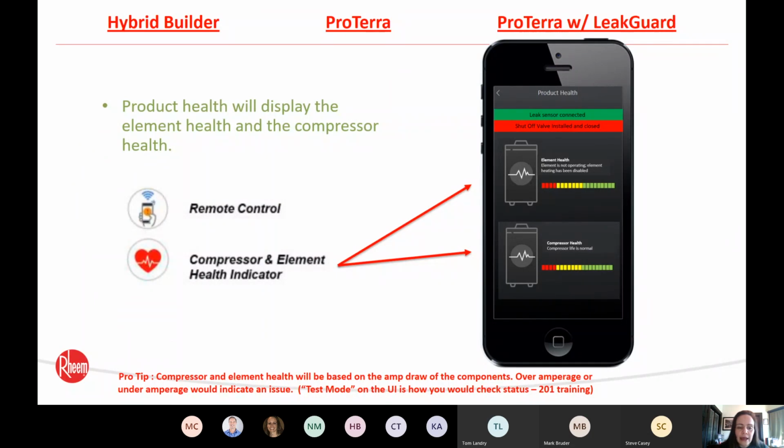So compressor and element health indicator, this is brand new. So you're seeing that phone on the right. If the customer has that Wi-Fi hooked up and they're utilizing the app, they can actually see the element health and the compressor health. So you see that bar there showing green means it's good. If it's down on the red, it means that there's an issue and either the element or the compressor is